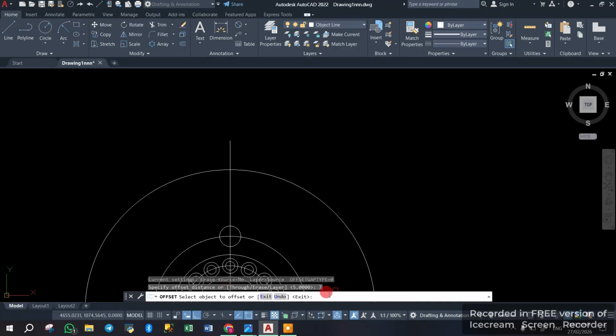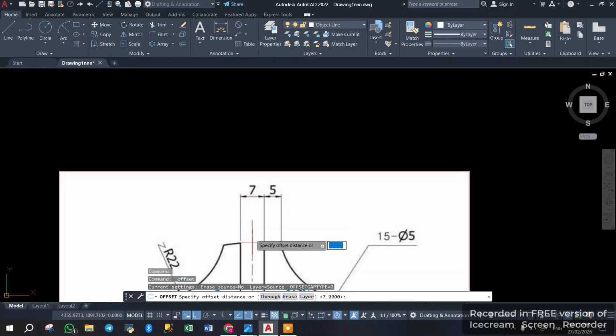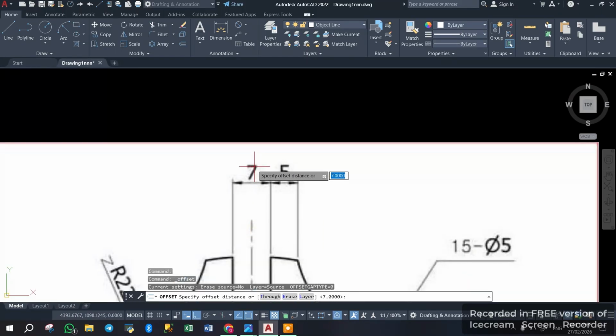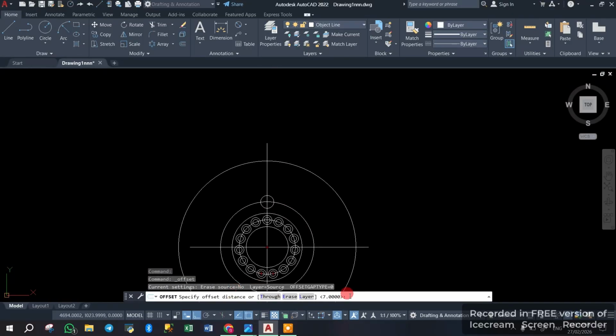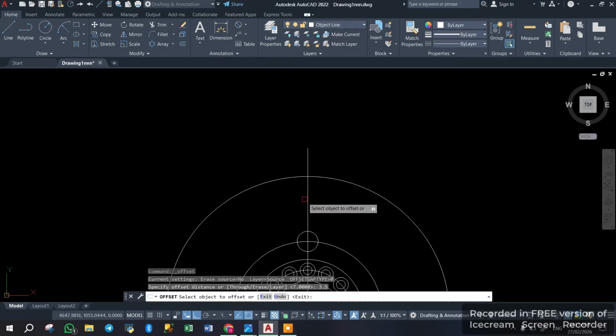No, it is not 7. Again, let us go back, because this is 7, right? If you are using the center line, it will be 3.5 to the left, 3.5 to the right. So for the offset distance, you have to make it 3.5, enter. Then let us go here, 3.5 this side, 3.5 the other side, and let us extend